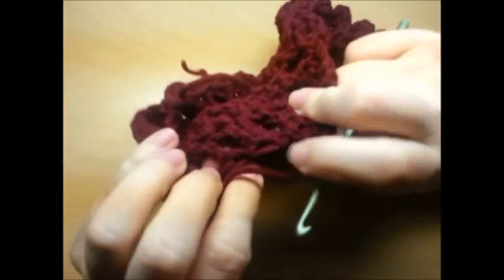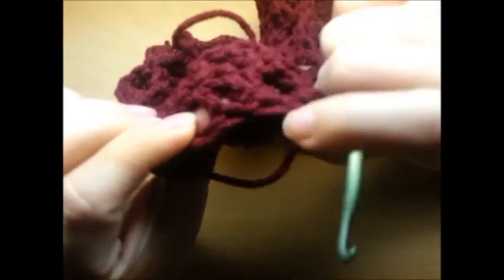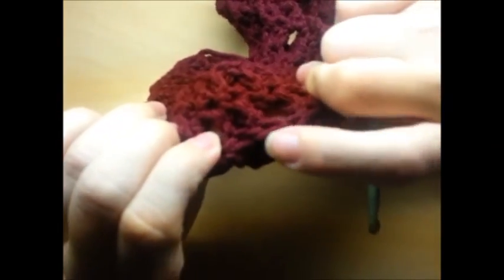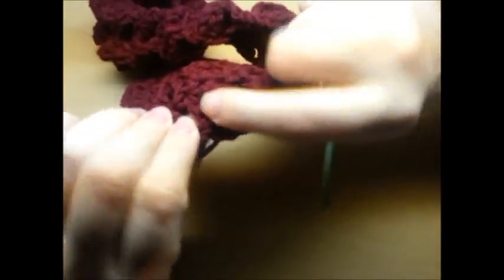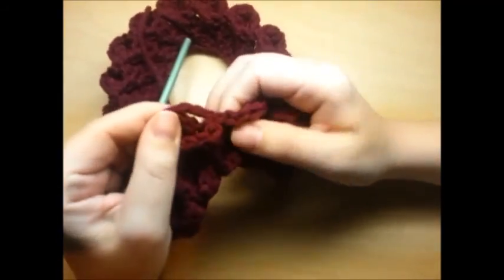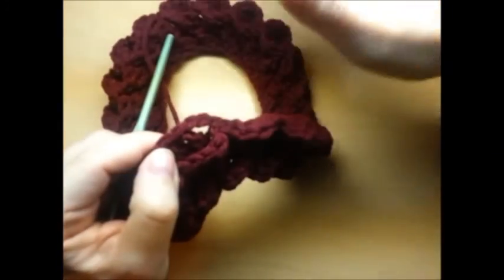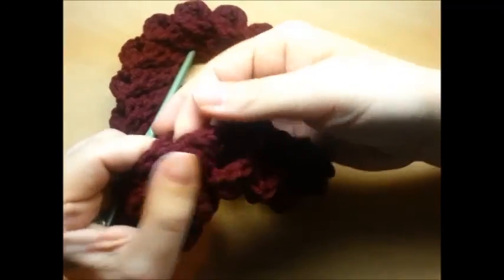And then again will be the 2 posts that you skipped. The top of them is what you want to double crochet in. And then the slip stitch, and then the 2 posts, and the slip stitch, and then the 2 posts. So you do that all the way around. And when you get back up to the beginning, slip stitch into your chain 3, count and make sure you got 66, and then continue to do your pocket